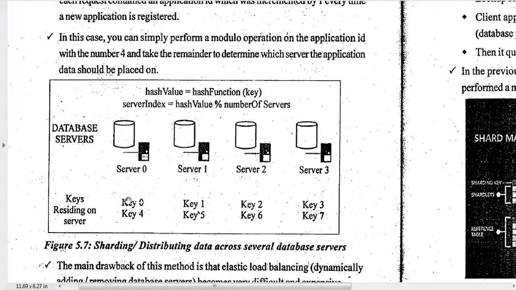Key 0 is stored in server 0, key 1 in server 1, key 2 in server 2, and key 3 in server 3. Then the remaining keys are stored again from server 0, since we only have 4 servers. This is how we do load balancing. The drawback of this sharding method is that if you change the number of servers dynamically, the load balancing and key storage values may not be properly updated. This is one type of sharding we use in the Hive environment.